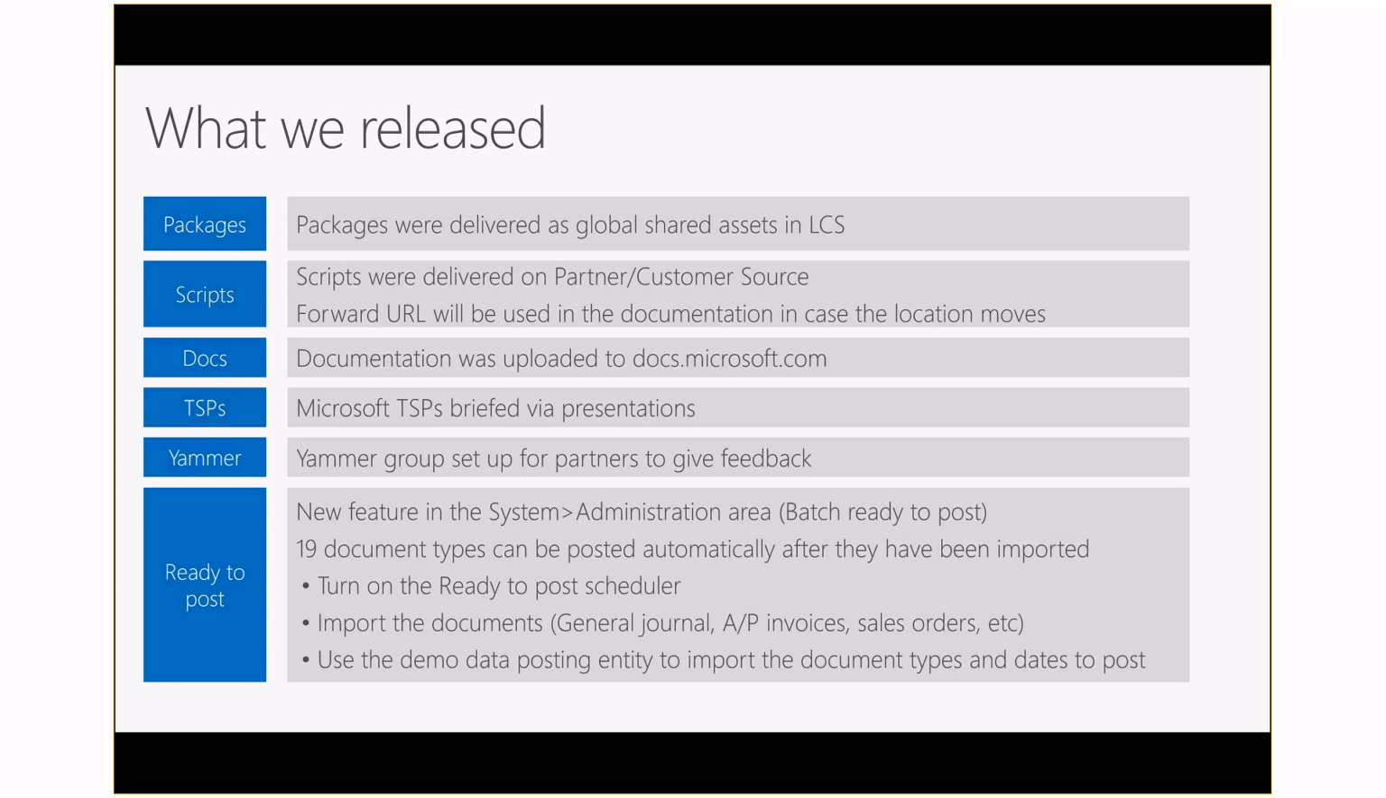And we have 19 document types: general ledger journals, sales order, packing slip, sales order invoice, purchase order invoice. I mean, there's 19 different documents out there that you can do. And so if you were doing this manually, you would go in there and you would say,